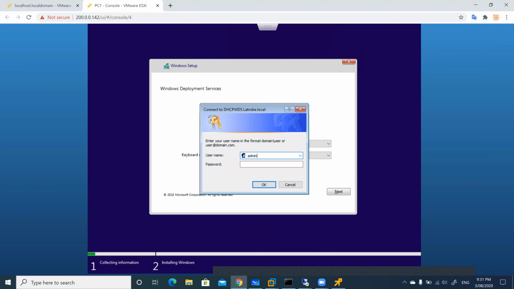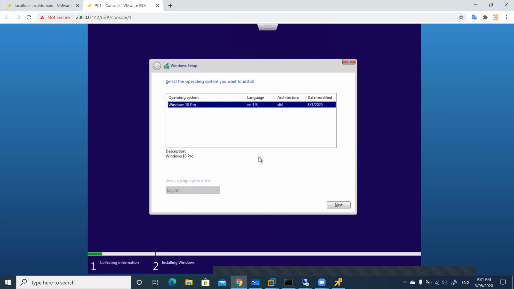So give the whole name, laptop.local. You see that you have to provide a whole name, administrator at your domain name, latrobe.local. And here you can see that I have provided only the Windows 10 Pro image. That's all.